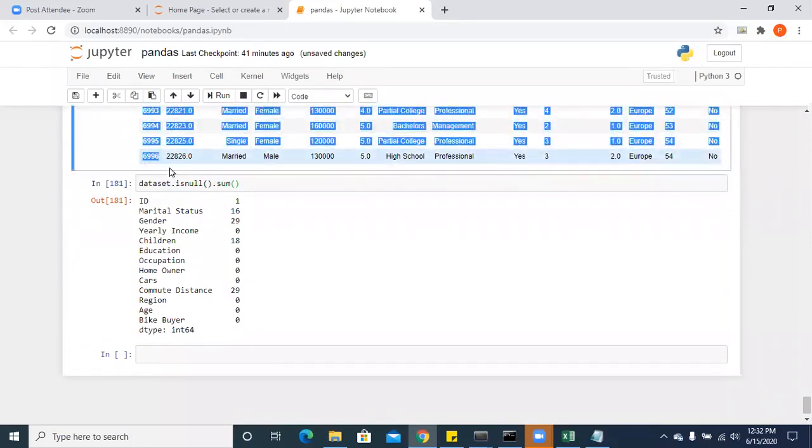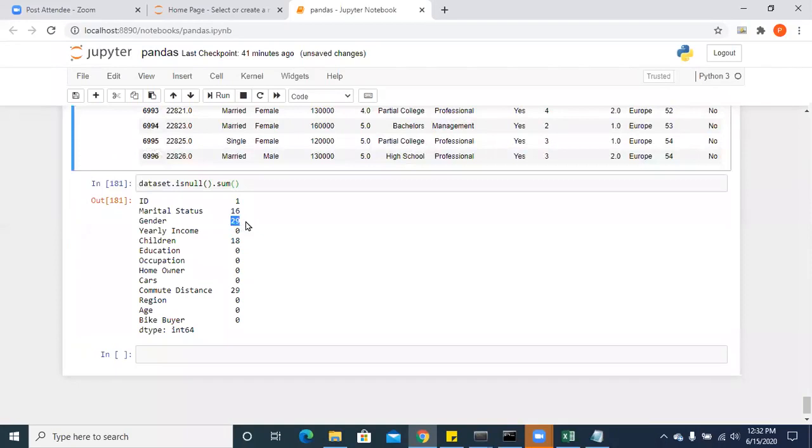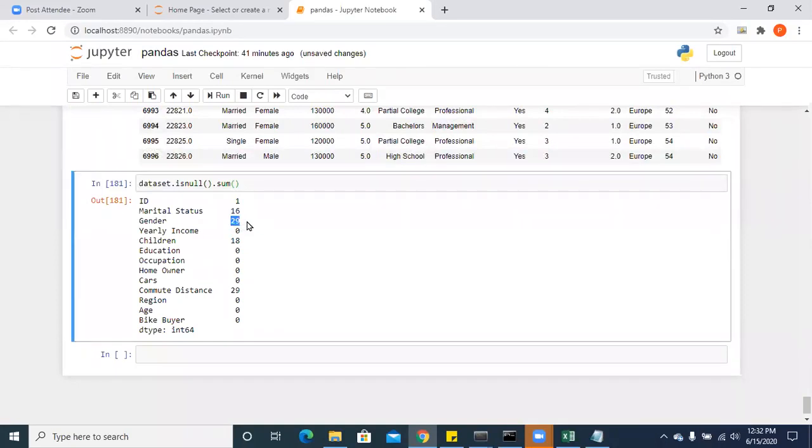Suppose gender has 5,000 null values, then you can directly drop the gender column. So how can you drop the gender column, guys? What function is used to drop the column? Drop NA is used for dropping the missing values, Navya.